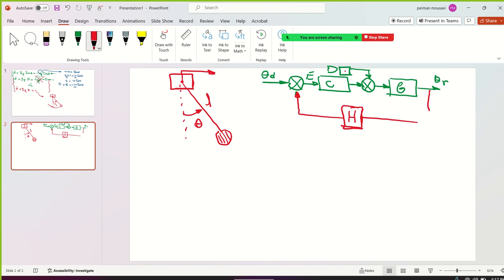In addition to disturbance in the control system, sometimes you have measurement noise, because this sensor is sensing the real output, but in most cases, you may have what we show with N in control, measurement noise. Here we go. So not only do you have, in the control systems,